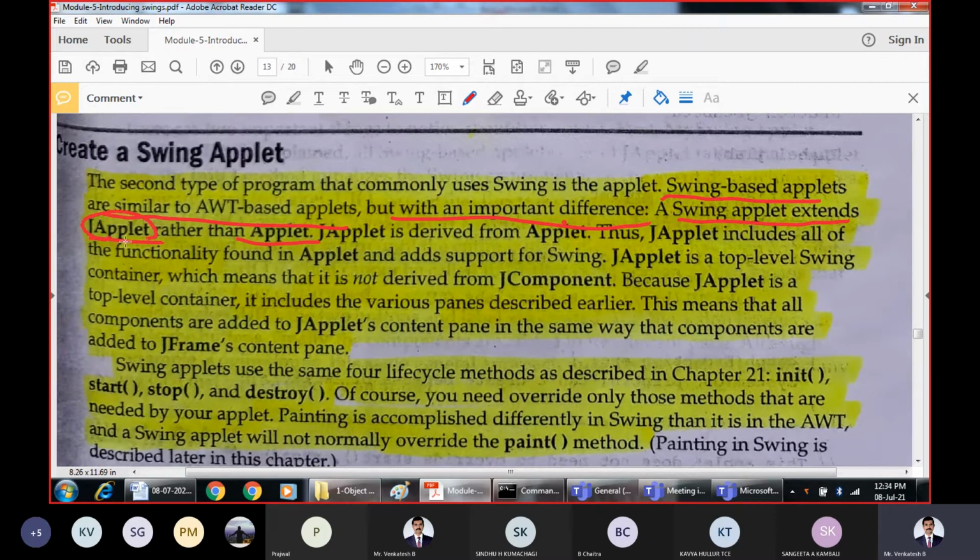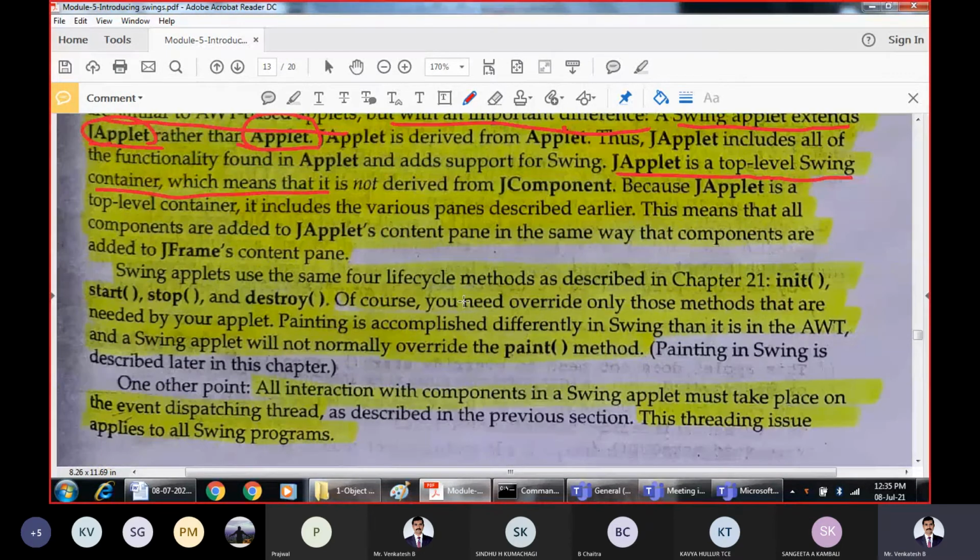For the normal applet the superclass was Applet, but for the Swing applet the superclass is JApplet. That is the only difference. JApplet is the top-level Swing container for all the applets we are going to create, and the remaining is all the same.